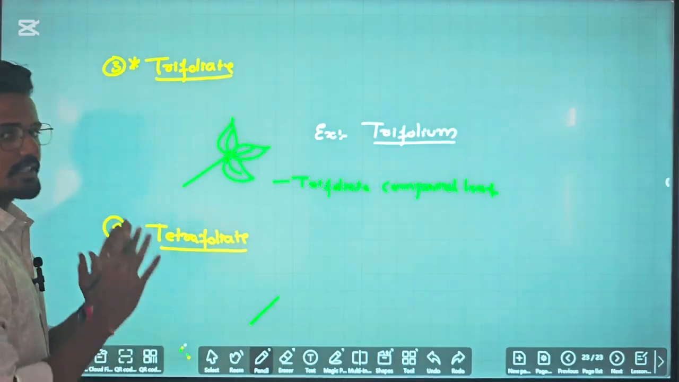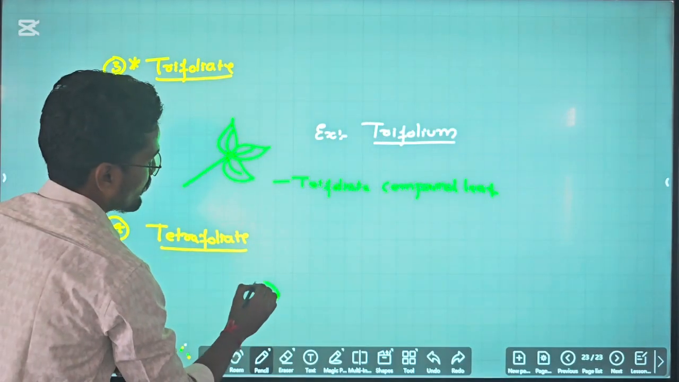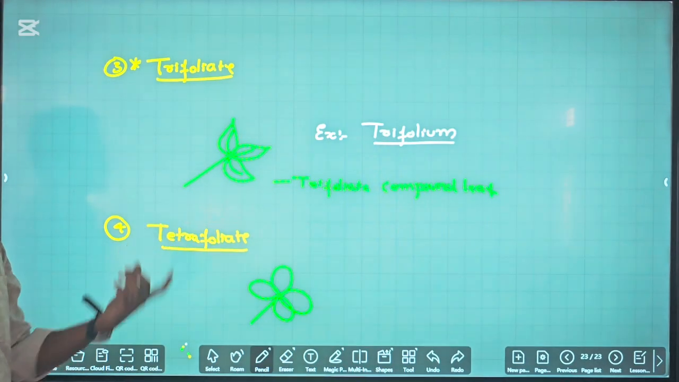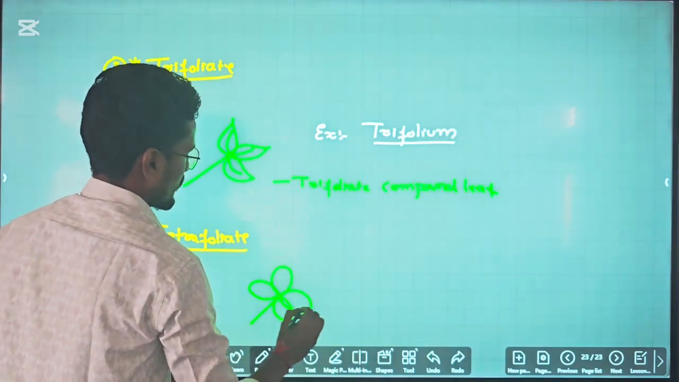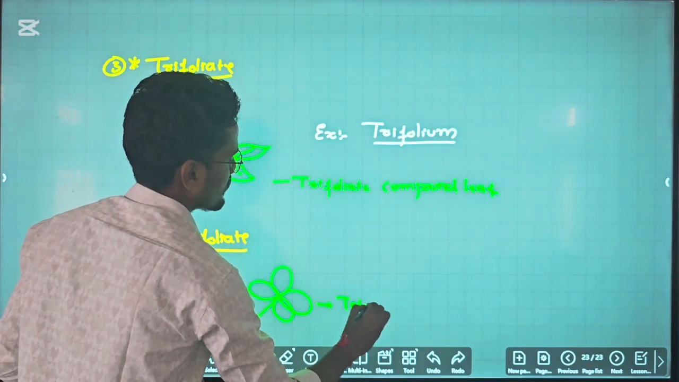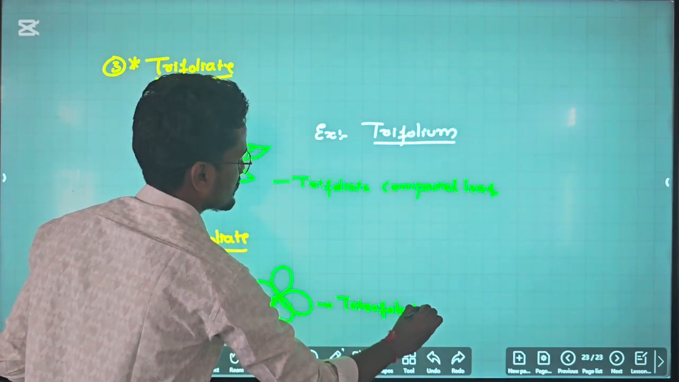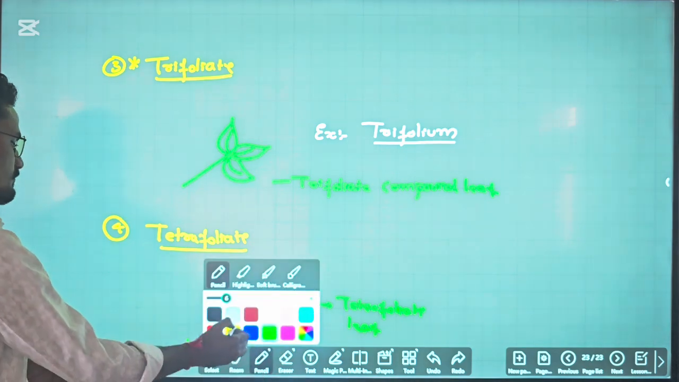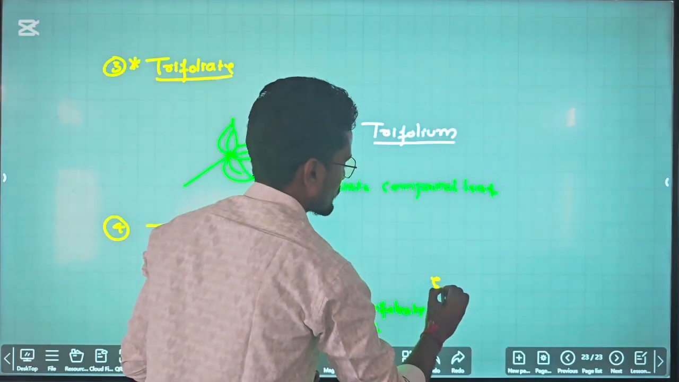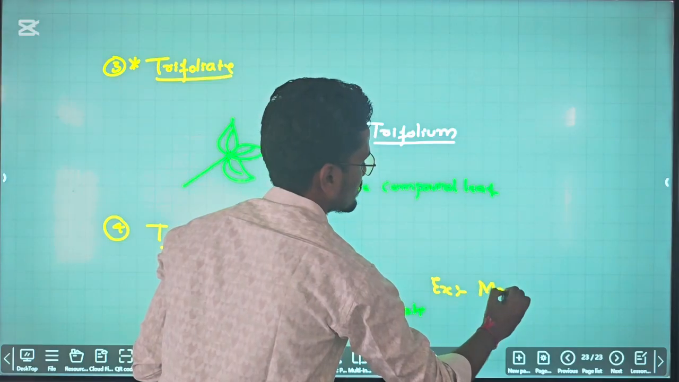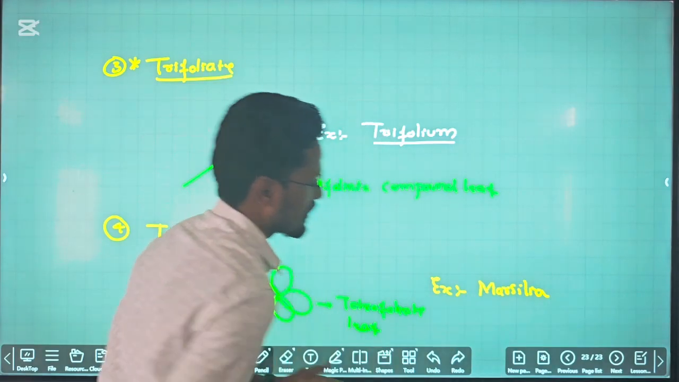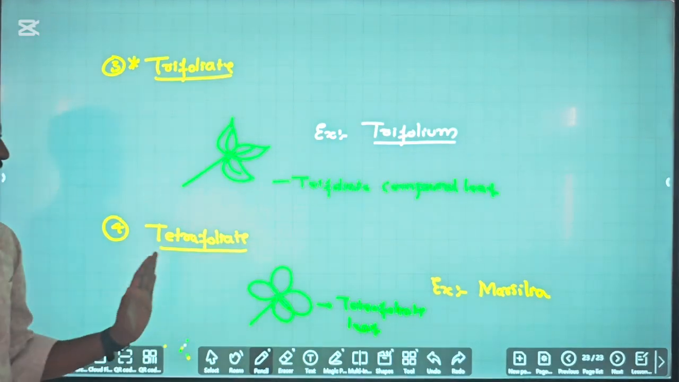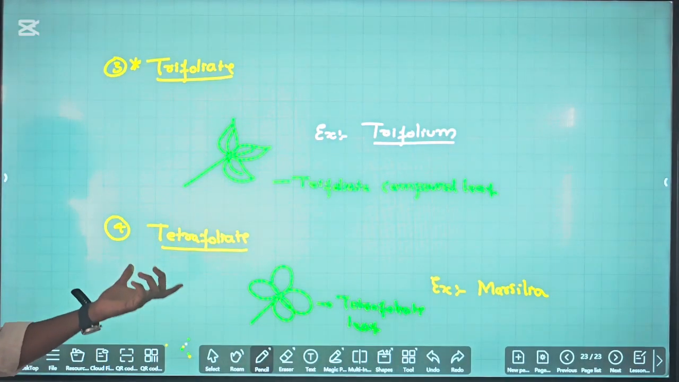This is the petiole. On the tip of the petiole, four leaves arise. Okay, this is called a tetrafoliate leaf. So these types of leaf are called tetrafoliate leaf. The example for this one is Marsilea. When we see the Marsilea leaf arrangement, that is called a tetrafoliate type,